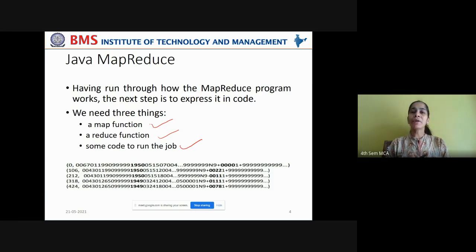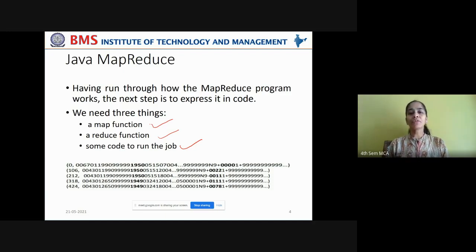We can't separately write the map function and reduce function and hand it over to a map reduce framework. We have to pack them into a job, and that job has to be converted into a Java archive file, and that Java archive file has to be distributed across the data nodes on the HDFS cluster, right?